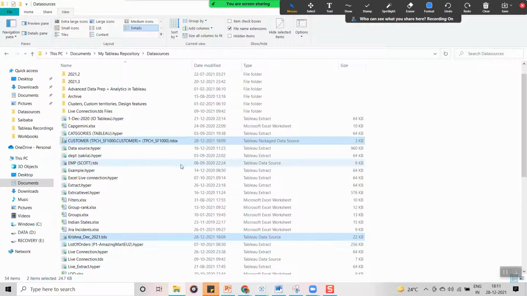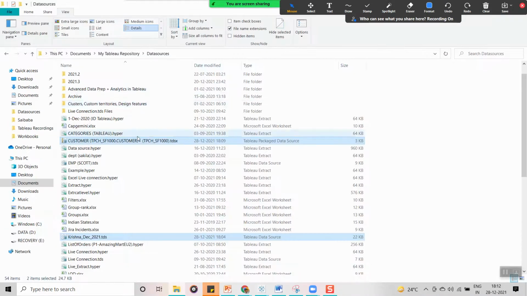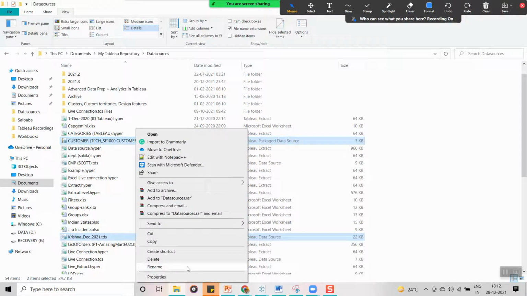Okay, let me do one thing with extract and with live. Actually, I cannot create the extract because of the large data here. Let me right click on it. It is a packaged workbook, right? So that's why it is showing 3 KB now also.